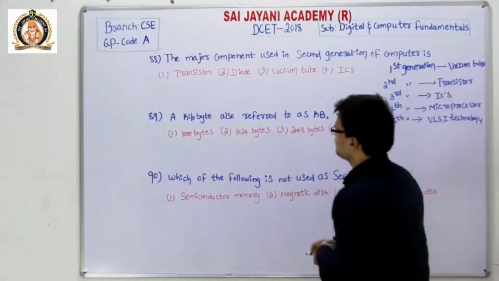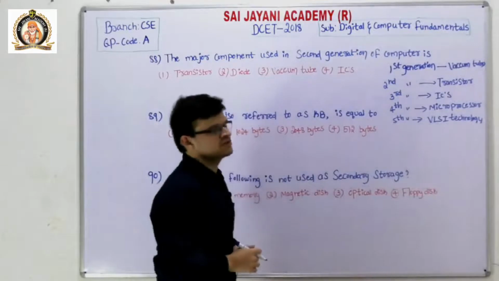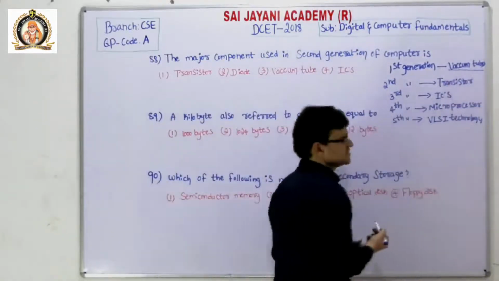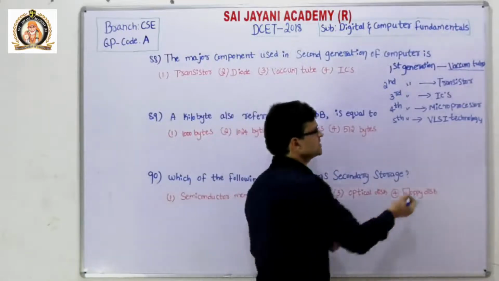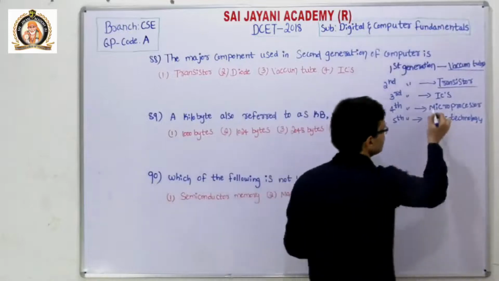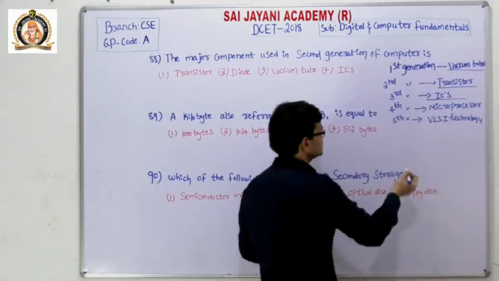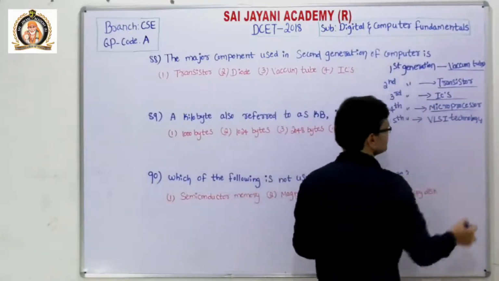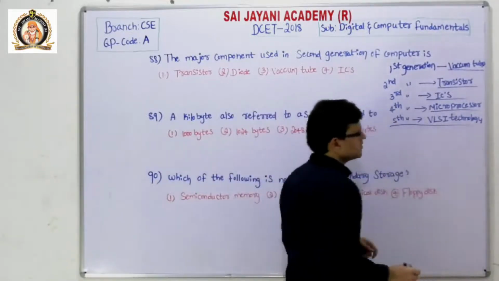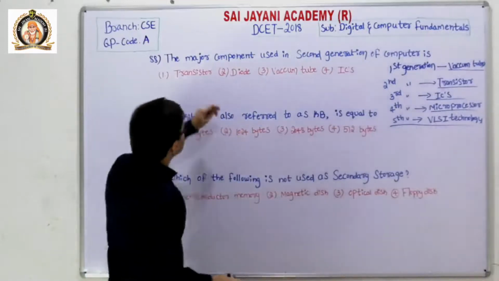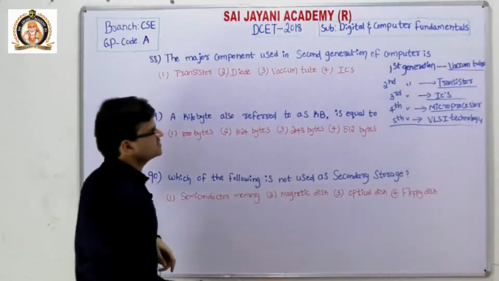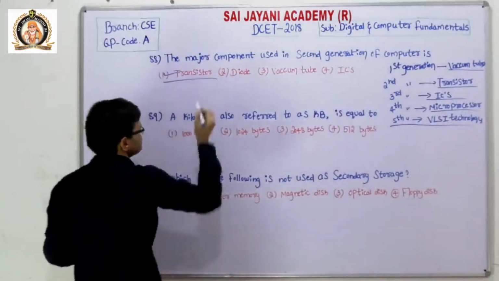Okay. The first generation computers were built by using vacuum tubes. The second generation computers were built by using transistor technology. The third generation computers were built by using integrated circuit technology. Fourth generation computers were built by using microprocessor technology, and fifth generation computers were built by using VLSI technology. The major component used in the second generation of computers is transistor, so the first option is the right option